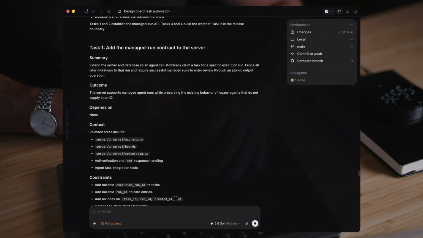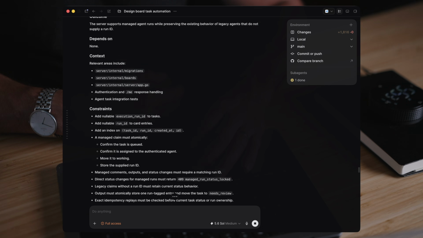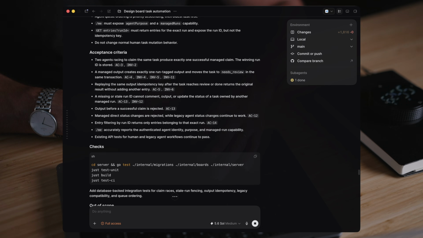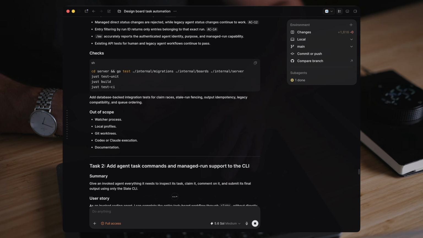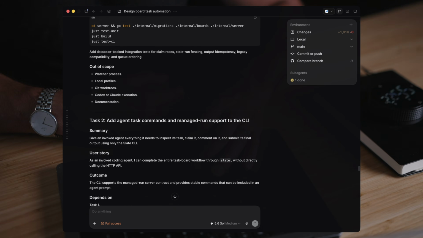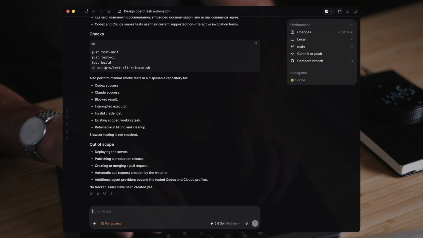And you can see here we have a very clear summary of what the task is, the outcome that we want, and any kind of constraints, and what's in scope, what's out of scope, things like that. So I'm pretty happy with these tasks. They seem reasonable to me. So what I'm going to do now is just ask the agent to create